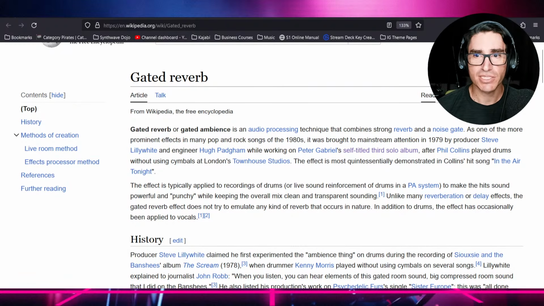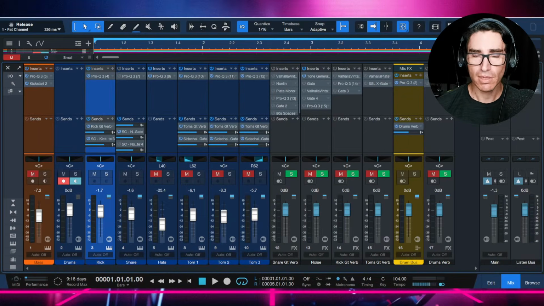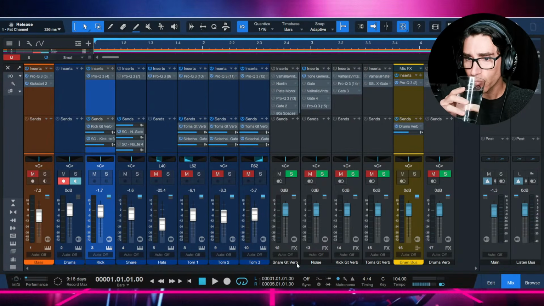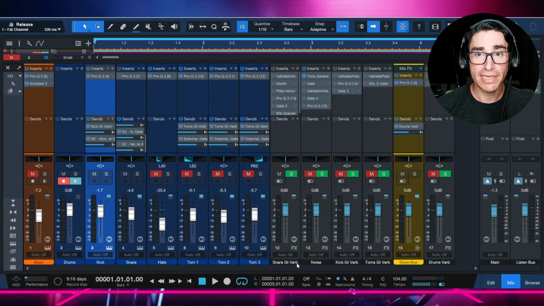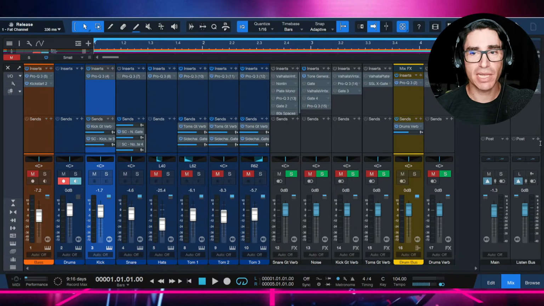Alrighty, history lesson over. Let's dive into the DAW. Great. I'm going to be walking you through a lot of examples today. I'm going to show you how to apply gated reverb to a snare, how to apply it to a kick, how to apply it to toms, and how to apply it to snare, kick, and toms all at the same time. And just bear with me,